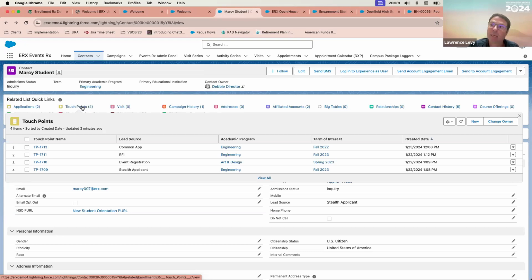Where she tried to engage with us and inquire and do something with us that we considered important, that we wanted to track for reporting and metrics purposes. Is that accurate? Yes. Great. And then